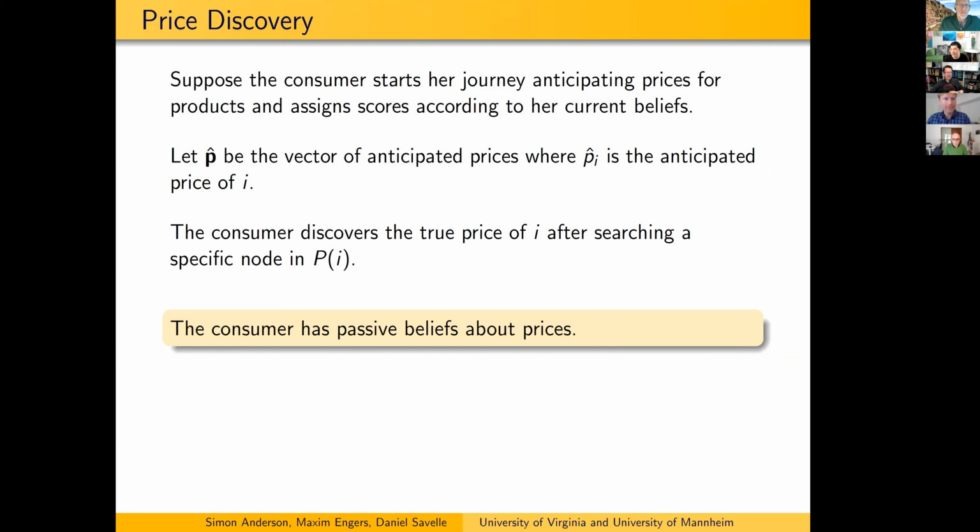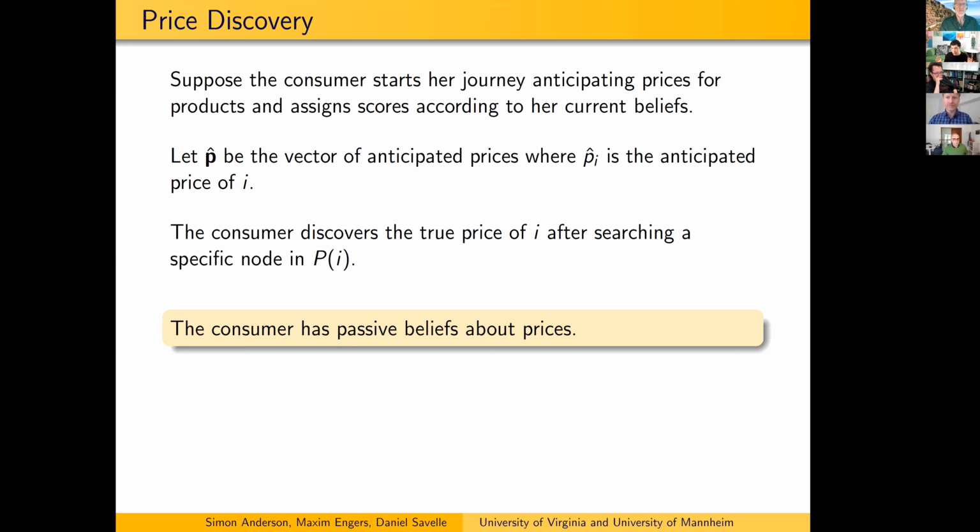We have answers to this, but for the sake of time, I wanted to spend a bit more time on the model itself. But we're now actually going to talk about just a direct and clean application. So in this world, because we've set up now this optimal scoring rule, if we think about passive belief consumers that hold the belief up to a point and then update their belief by observing the true price, basically the consumer is going to optimally score given their belief. So if they're wrong, then they'll have incorrect scores. And this is how we